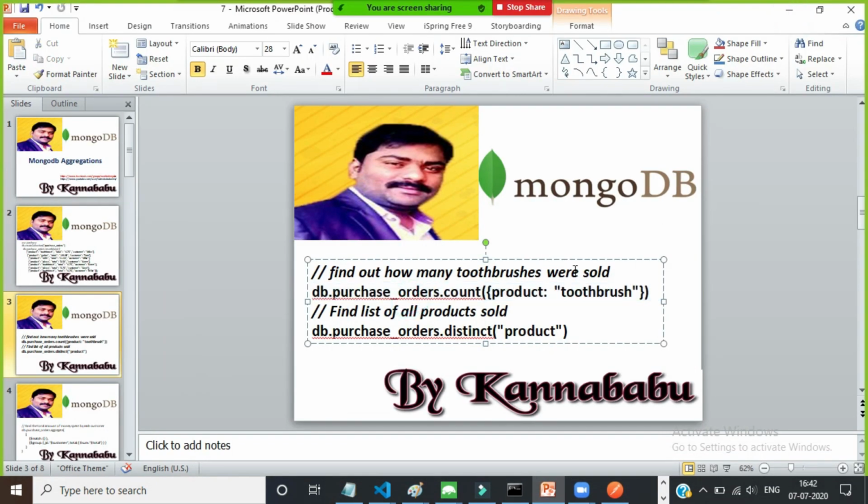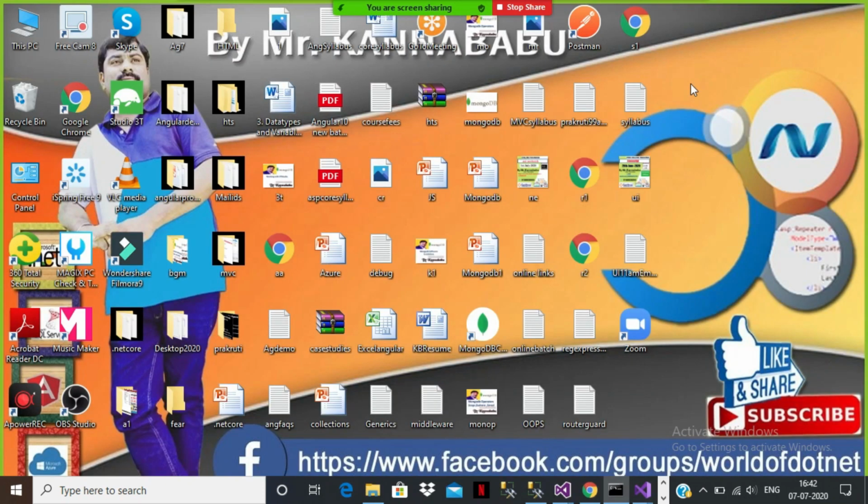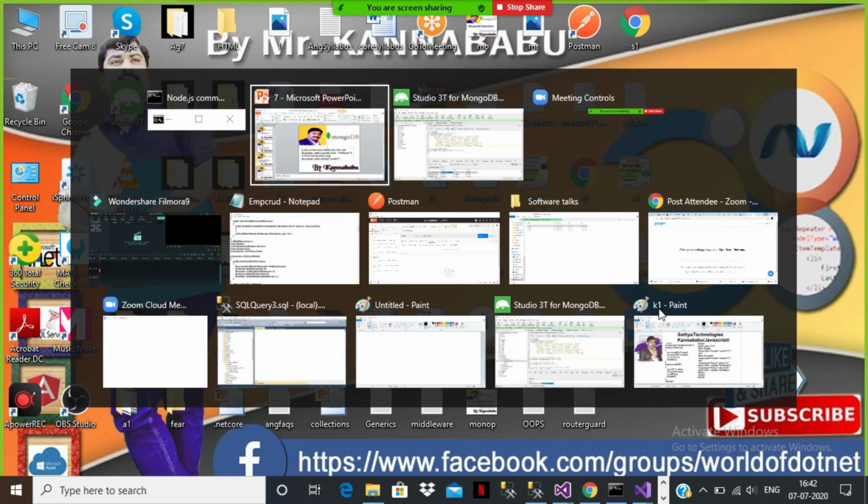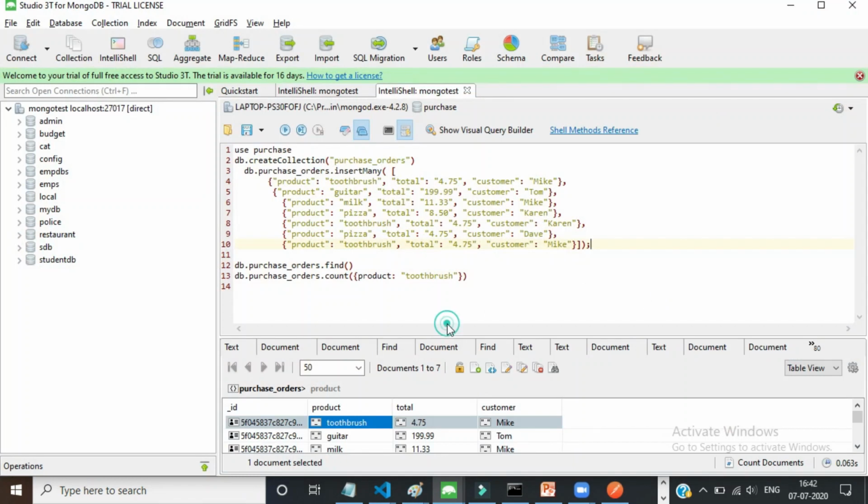Find how many toothbrushes were sold. Write a query to find the number of toothbrushes that were sold. So here you have the count function. The count function is used to count the number of documents based on the item. So here you see db.purchaseorders.count. I want to count what? Toothbrush. The field name is product.